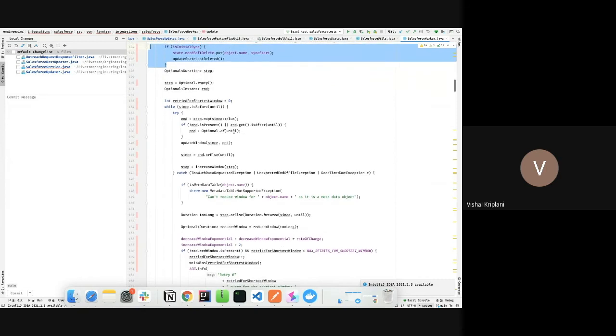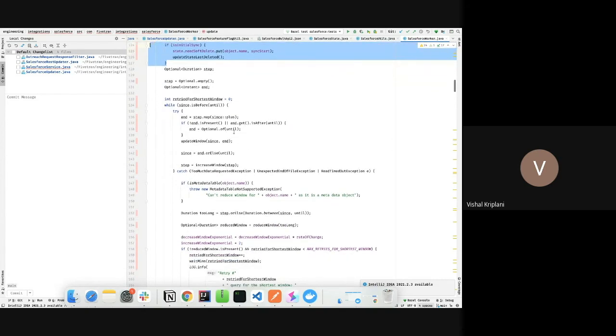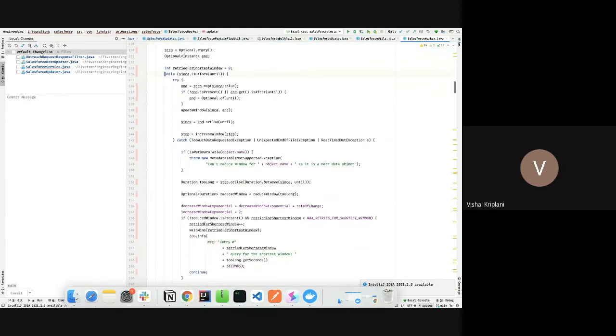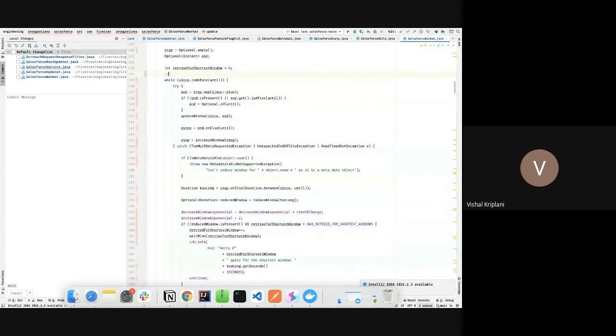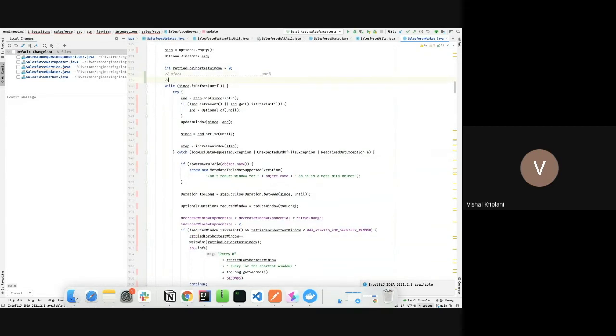Now let's suppose this is incremental sync and not the initial sync. So now we have a loop for it. Now I'll try to explain it with an example. Let's suppose this is since and this is until. We need to fetch the records from since till until. So till since we have one end here. This end can be anything, right? First time we sync from since to end, right?